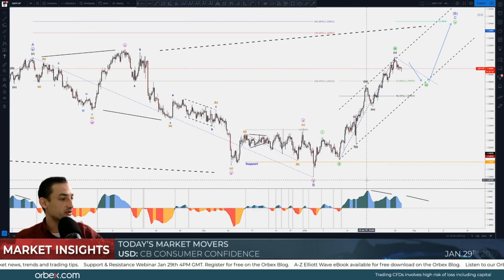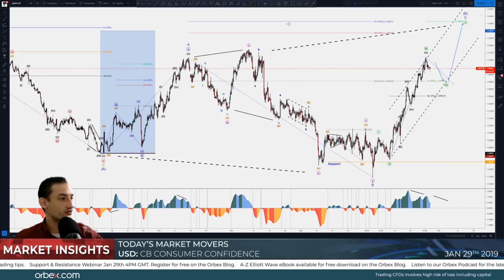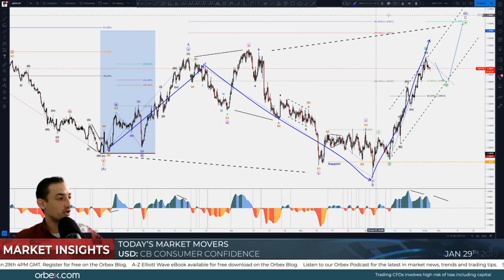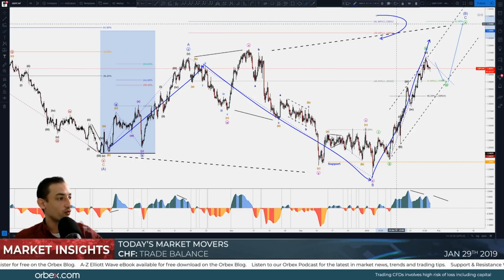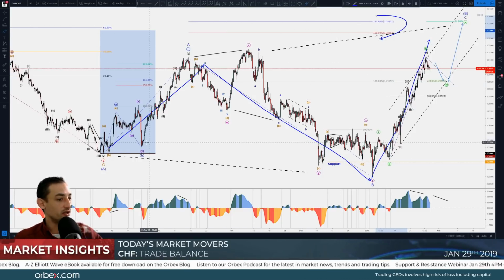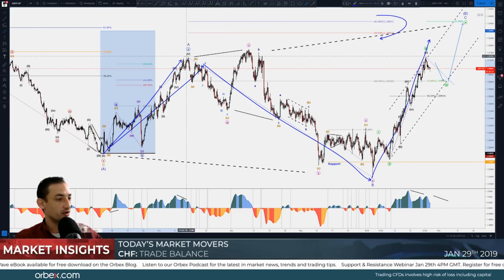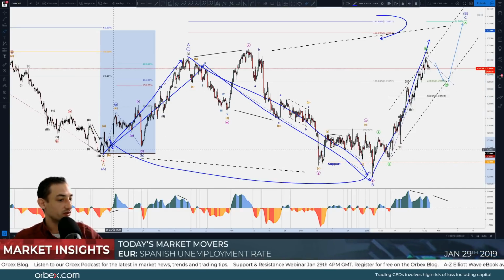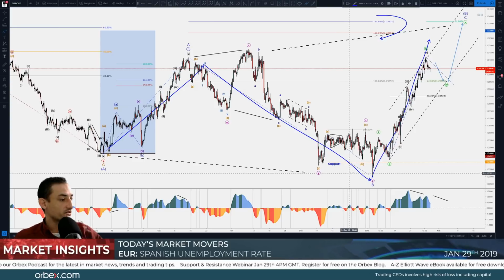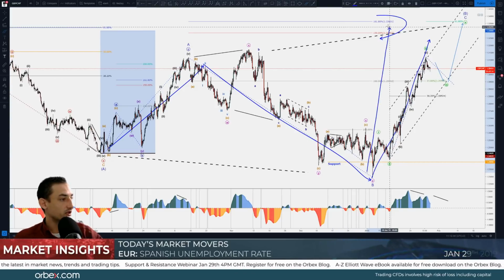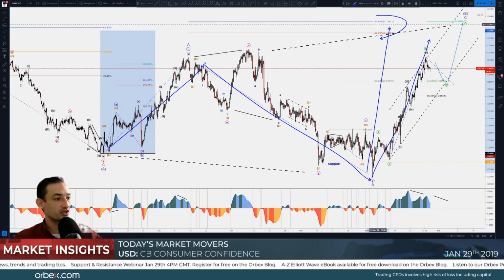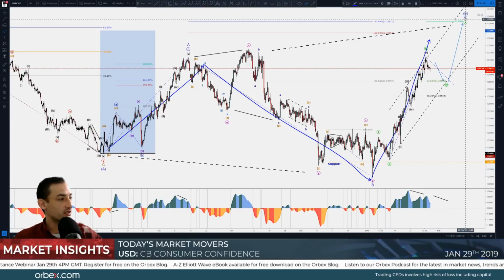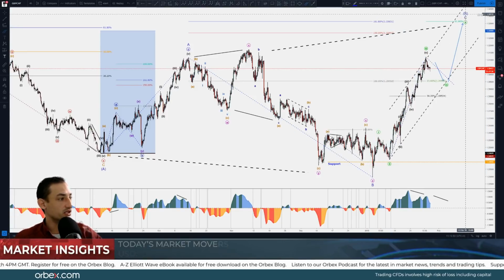Yeah, so following the C, basically the entire structure would look like an expanding flat, which could actually reach towards the 161.8 of A and B. So basically minor A measured with its retracement, which the B wave obviously went lower than the start of A. So following that, I do have the 161.8 Fibonacci extensions from A to B to possibly determine C in this expanding flat possibility as a structure in